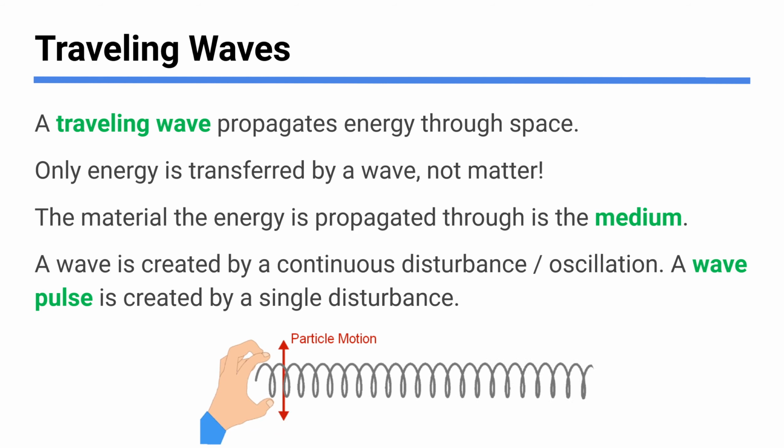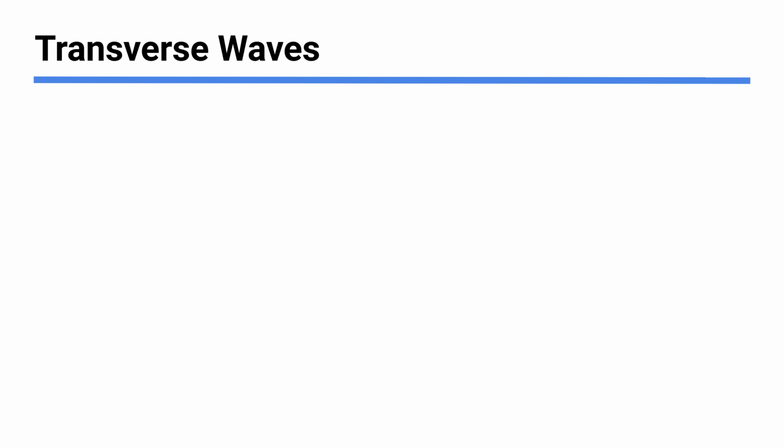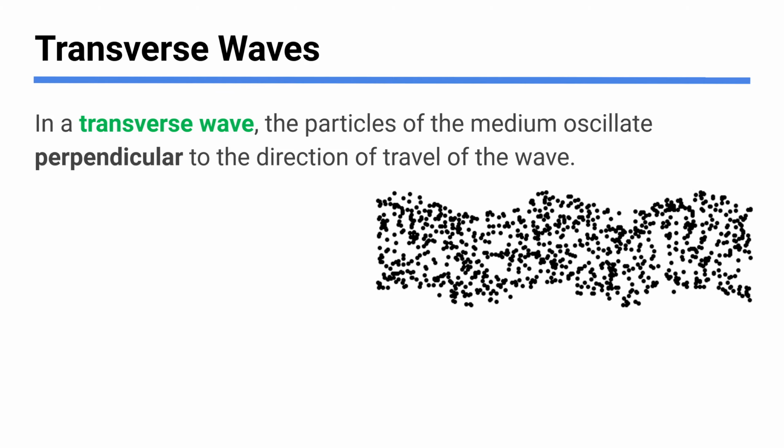In this case, notice the slinky pieces are moving up and down. Okay, so that's a type of wave called a transverse wave. It's probably the main picture you have in your head if you're picturing a wave. So a transverse wave is defined by that whole direction thing. In a transverse wave, the particles of the medium, the particles that make up the wave, the coils of the slinky, if you will, are moving perpendicular to the direction of travel of the wave. Perpendicular is the key word.